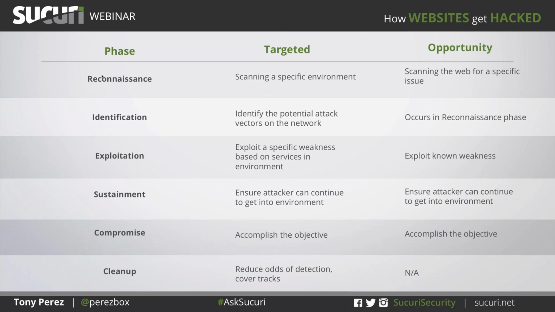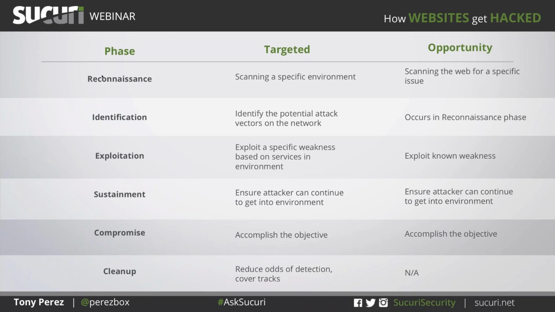And then the actual compromise. What was my objective? Did I want to do some form of data exfiltration? What we normally see on targeted attacks, think things like Target, Home Depot, is very targeted. My interest is stealing that information, stealing credit card information. On the opportunistic side, am I looking just to simply distribute malware? Am I looking to use it as part of a DDoS campaign, part of my botnet? Or am I looking to do all of the above?